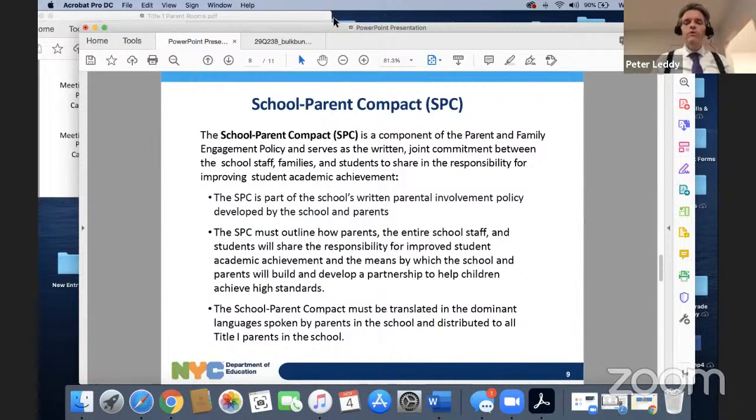The School Parent Compact must be translated in the dominant languages spoken by parents in the school and distributed to all Title I parents in the school. Okay, so